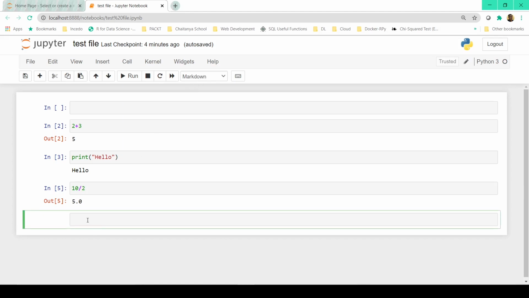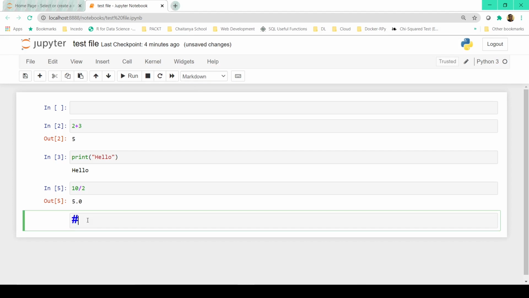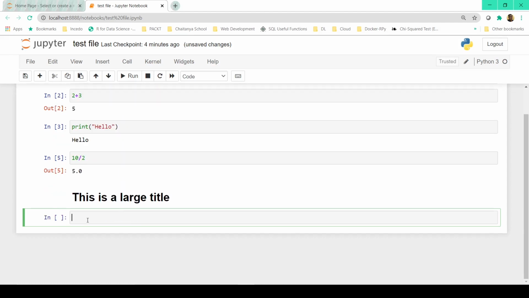So now if I type a hash and I say this is a large title, and now I click on Shift plus Enter, this gets executed. At the same time, it also gives me the next cell. Now supposing this title is a little too large, the font size is a little too large, and I want a smaller size. What I can do is, once again, either I go to this drop down and select Markdown,